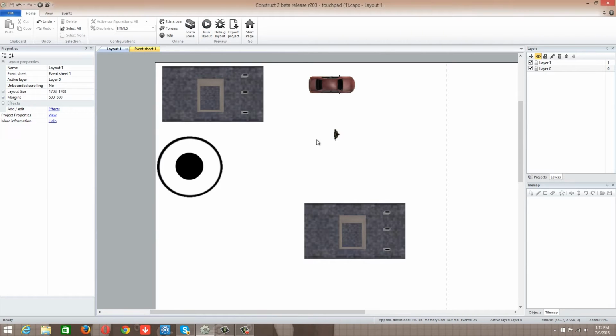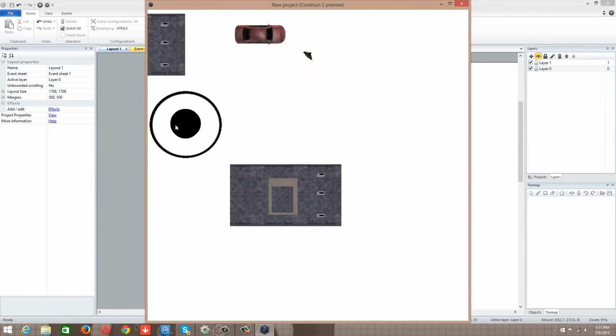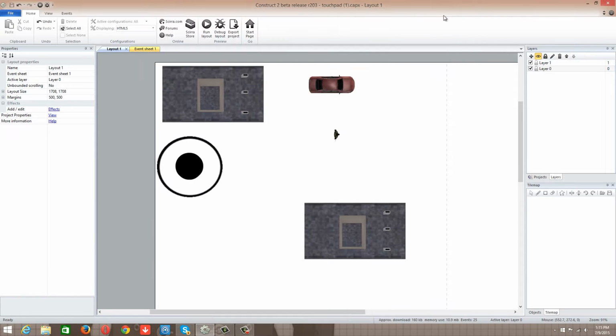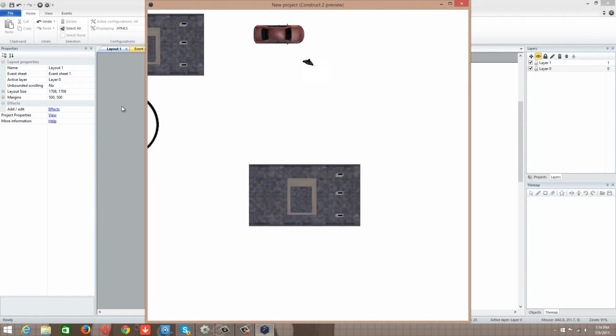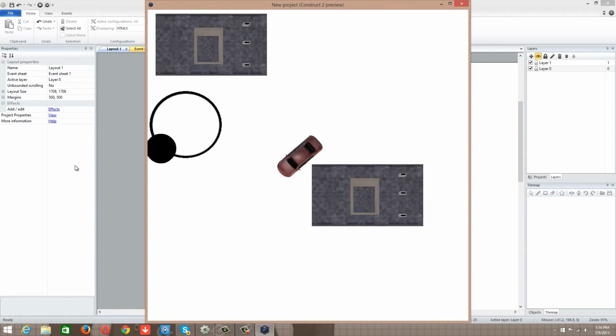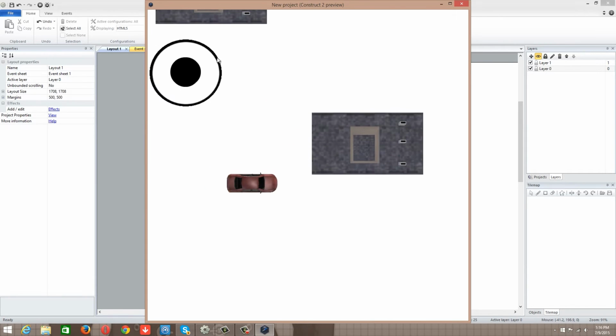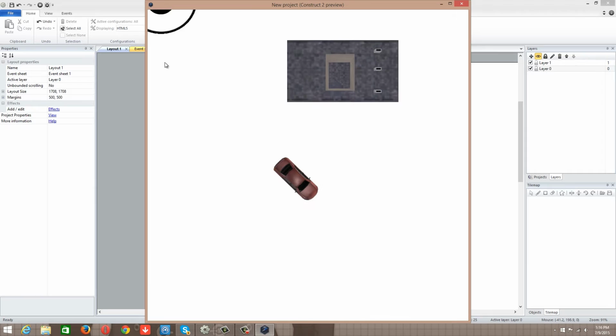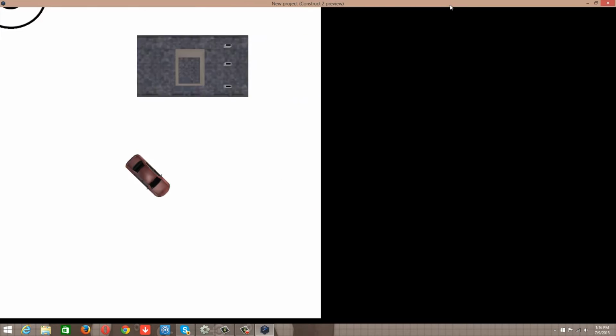So we're going to run layout. We're going to go straight. Yeah, that's the issue. Okay, 1 second. I'm actually going to upload this to the Construct 2 forum so the guys over there can see if they can shed some light on it. But we can move around. We can drive around in the vehicle. Again, the issue that I'm having is that I can't move it once I hit the edges, but